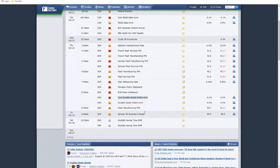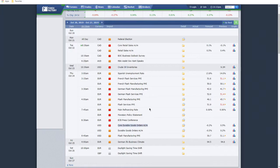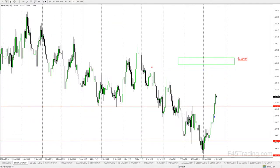And then Friday we finish up with some medium impact. So all in all, it's fairly light on the news calendar this week. Void of any major news events. We've got core durable goods for the US dollar, and there's no pound sterling news events at all, which, just so you guys know, to keep you updated,